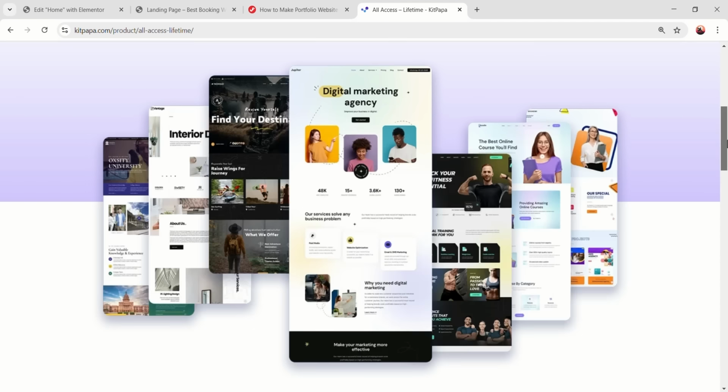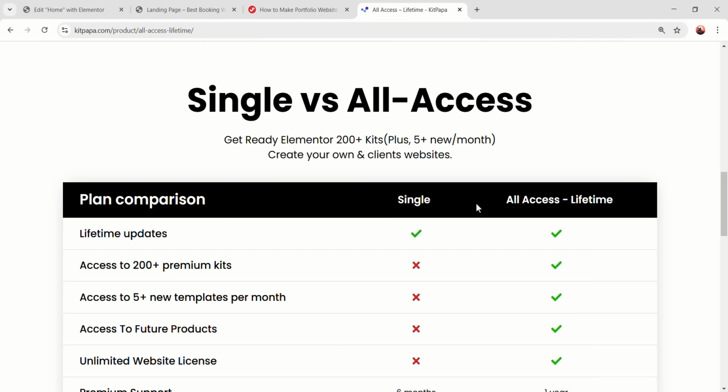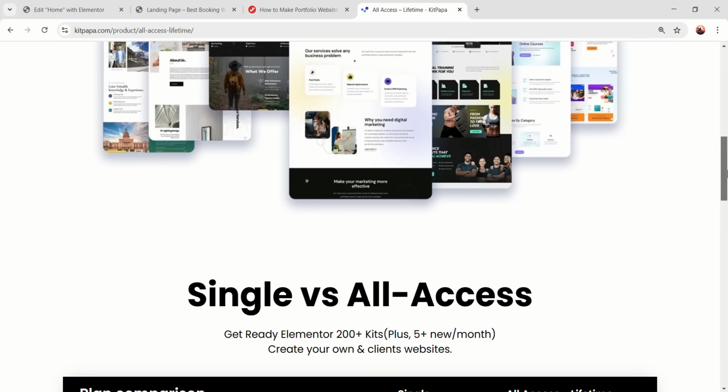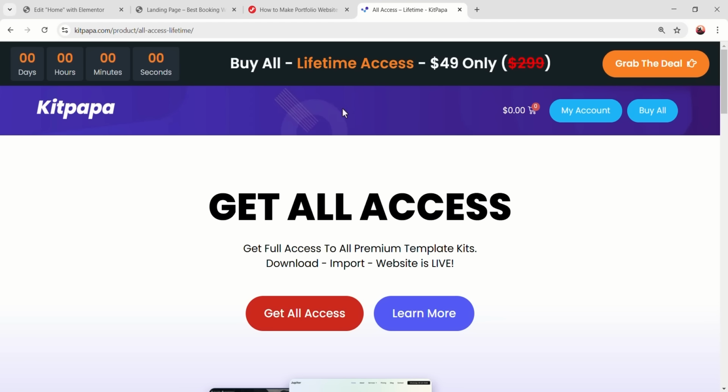If you scroll down, you'll see they already have almost 200 plus premium template kits, and they add 5 new templates per month. That means you're getting all the premium templates and 5 new templates each month. You can potentially earn thousands of dollars using these Elementor templates by making website designs for your clients. So if you want to get this buy all package, I recommend you take it through this limited time lifetime access, because currently this has the lowest price, only $49 for all the premium template kits and future